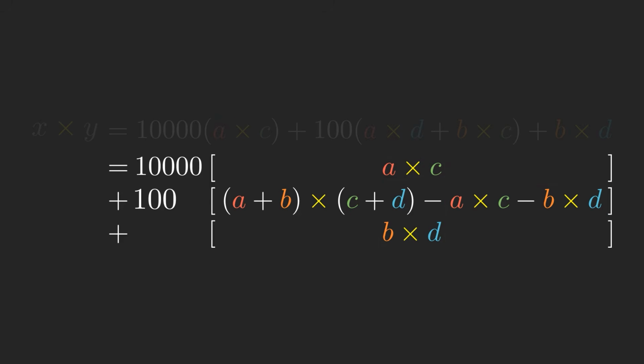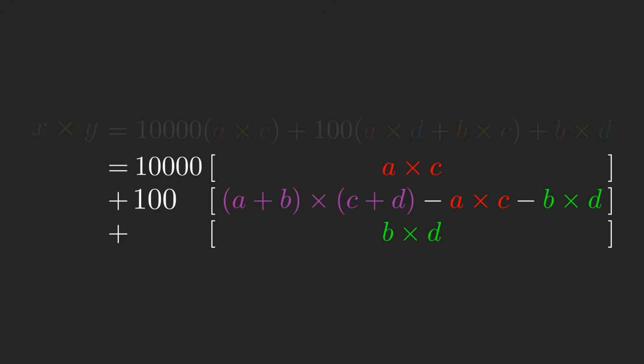In fact, the number of distinct recursive multiplications has now been reduced from 4 to 3. I've highlighted each of them in their own color. We have a times c in red, b times d in green, and a plus b times c plus d in purple. It's not even so clear that reducing the number of subproblems like this is beneficial though, especially